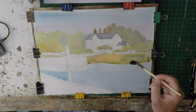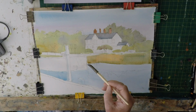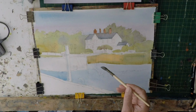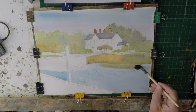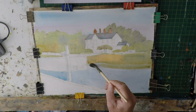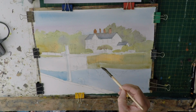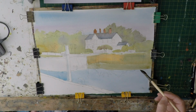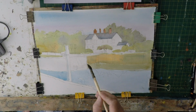And that's kind of blocked that area in. And we're just going to leave that simple. What we could do at this stage, if we wanted to, is start putting the reflection in. We could go over the water here and just put in the starts of our reflection like that, nice and gentle. So basically we've started to put the reflection in of that wall there,